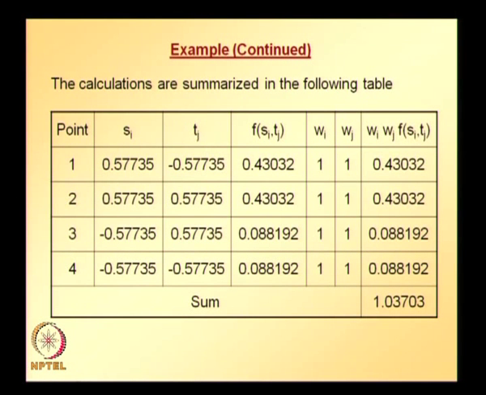So summing up all the contributions from all the 4 points, that is summing up the values which are in the 7th column, we are going to get the value of integral. So this is using 2 by 2 integration, 2 points in the s direction, 2 points in the t direction. Similar procedure can be extended if one wants to use